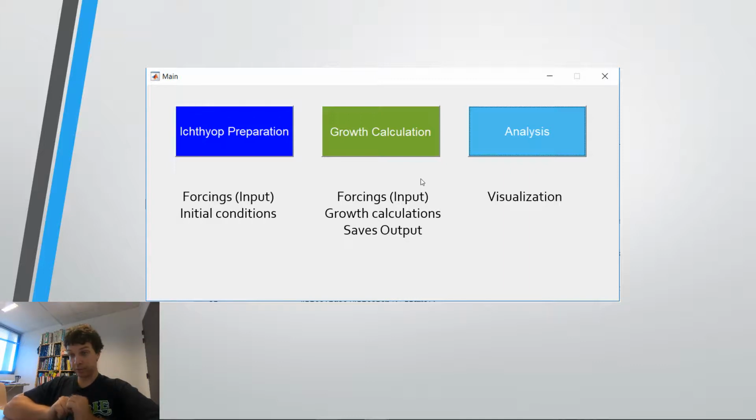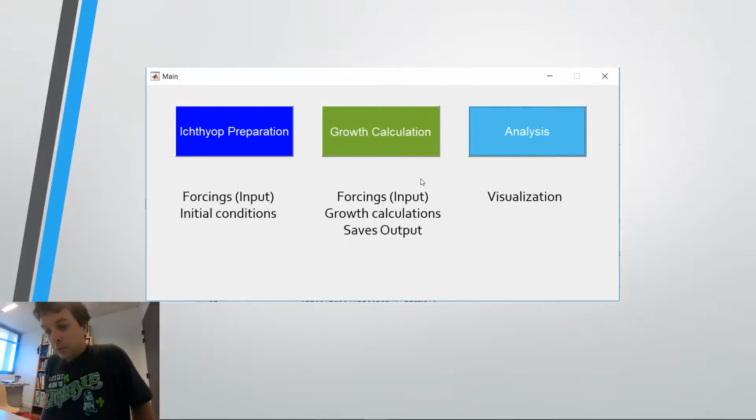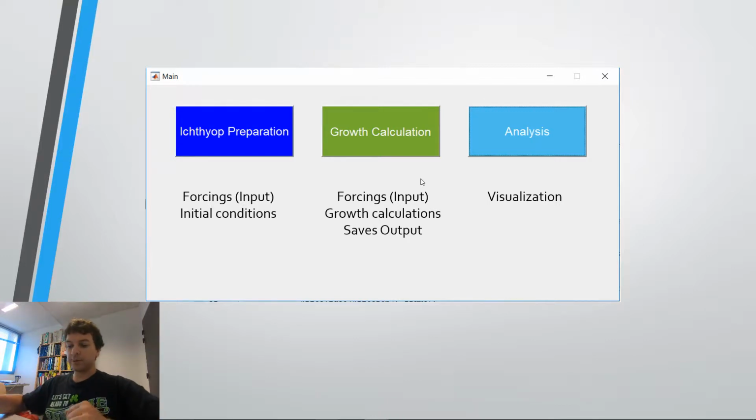After IPCIS is run, the growth calculation module is used along with the output of the IPCIS, the nutrients file, and the temperature file. That allows the creation and development of a mass matrix, which the analysis